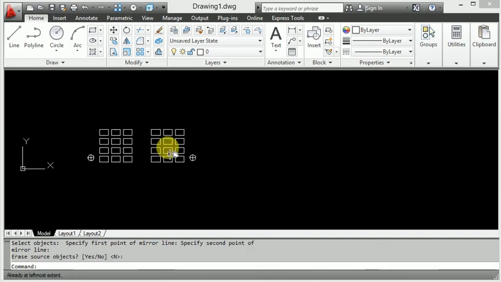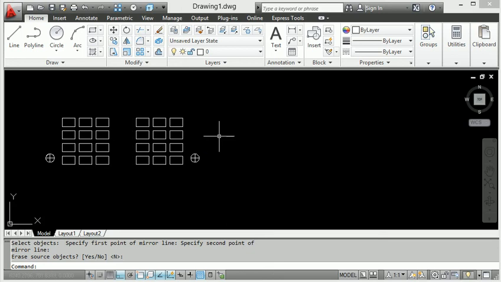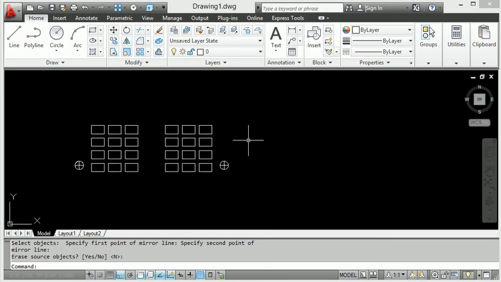This is the mirror command, and again I will show you how to get the shortcut key for the mirror command. So when I press MI enter, right, it's called mirror, MI enter.